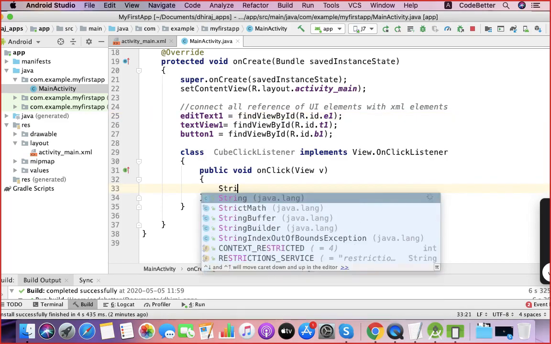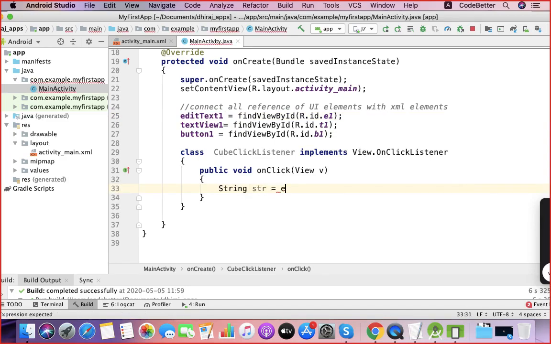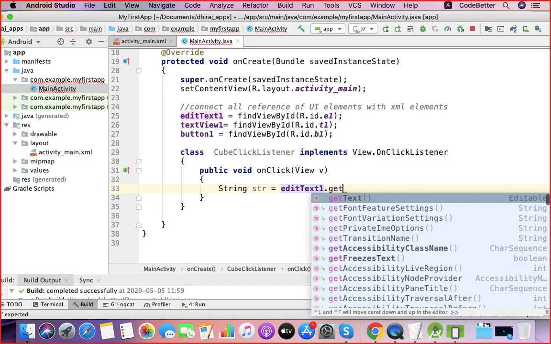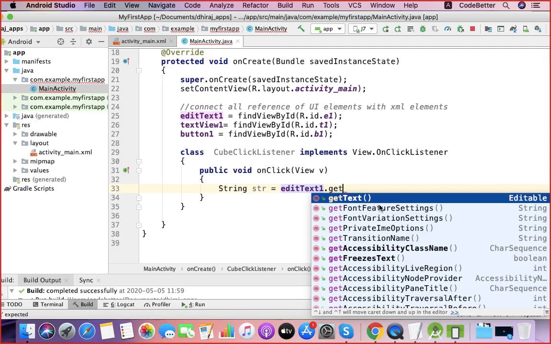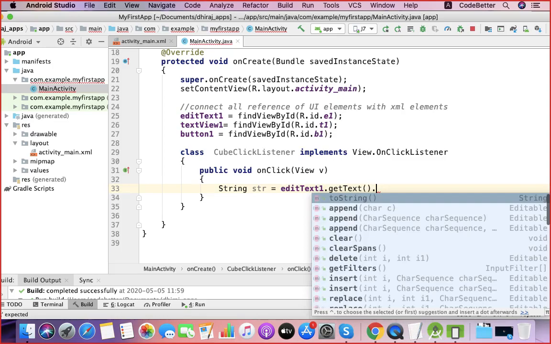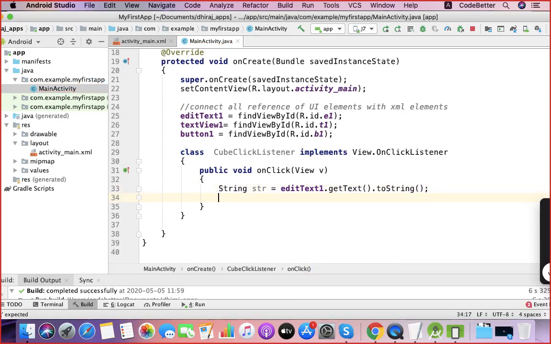So you get a string from that EditText. The EditText is editText1, and you call the method getText. If you call the method getText, you will get the entered value. Then you convert that entered value into string form using toString. toString is a function that converts data of something into a string.